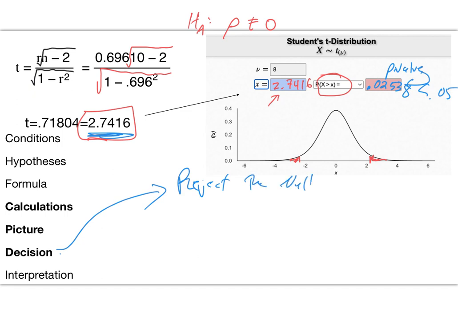Accept the alternative. My interpretation would be, there is sufficient evidence to show that the correlation coefficient is not 0, which means there is a linear relationship between exam 1 and exam 2